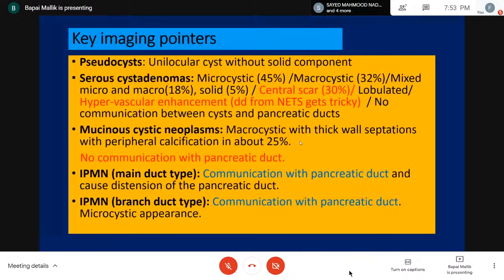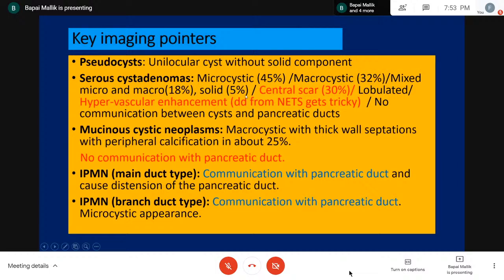So now let us take some time to look at some of the key imaging pointers. This decision making is done most of the time by the radiologist or the clinicians. They're going to look at it and put their impression, but as cytopathologists, we should be aware of these findings. Pseudocysts are mostly unilocular without any solid component. That's a very vital point about pseudocysts. Serous cystadenomas, so 45% of them are microcystic, whereas 32% are macrocystic, around 18% are mixed micro and macro, and